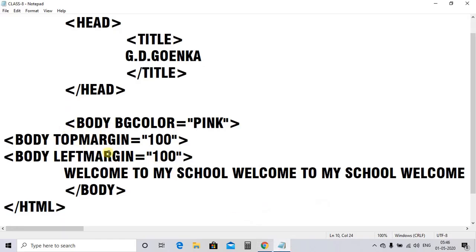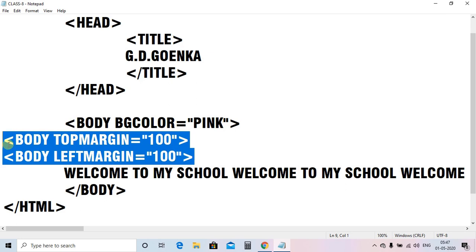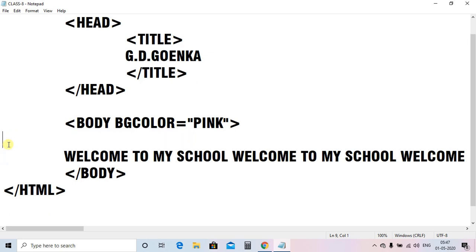You are writing everything 3 times. Body BG color equals to pink, then body top margin equals to 100, then body left margin equals to 100. So if you want to use multiple attributes of a single tag, what you can do, after writing the first attribute with its value, give a space and write the other attribute.